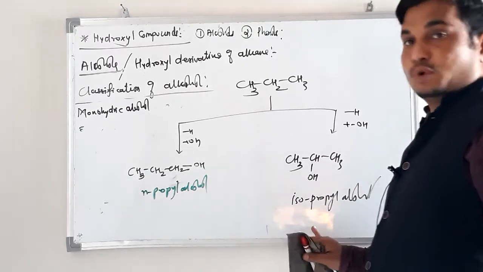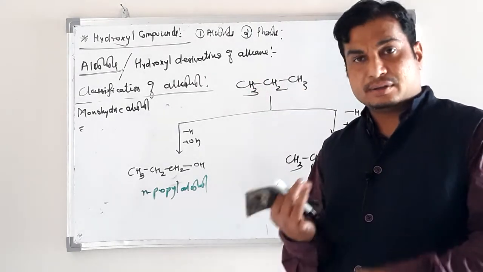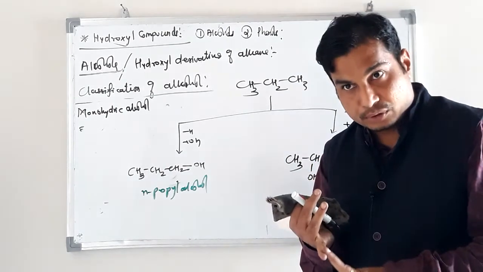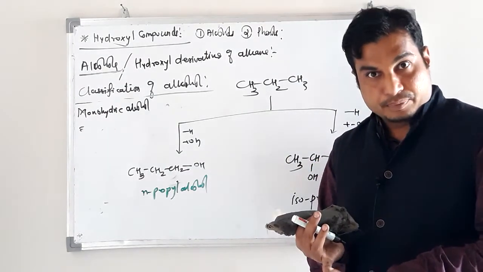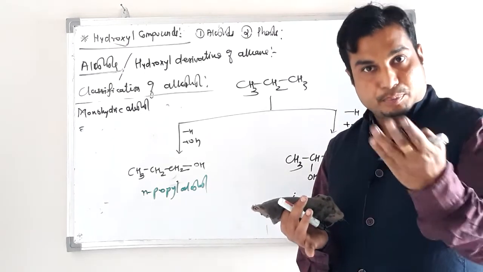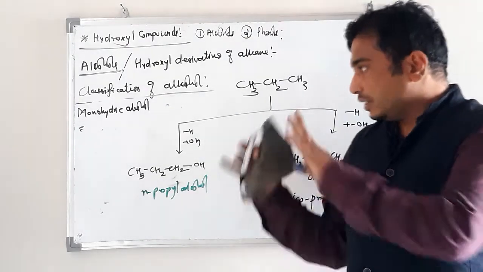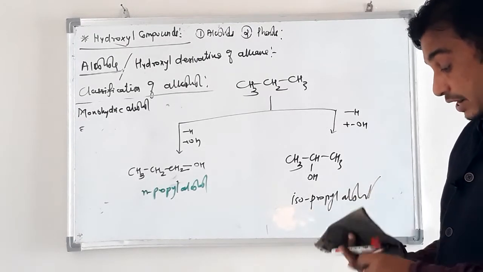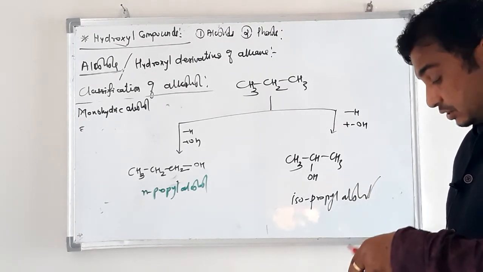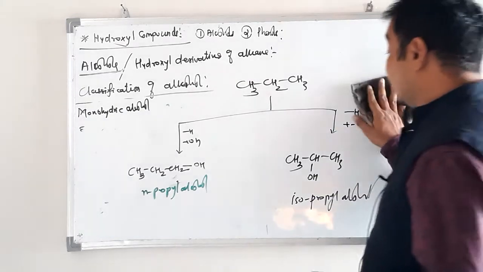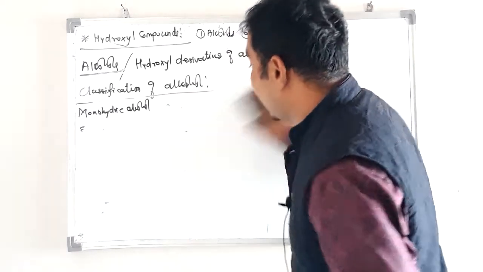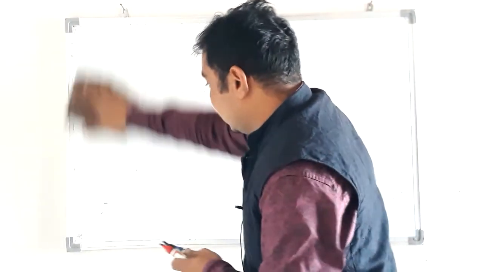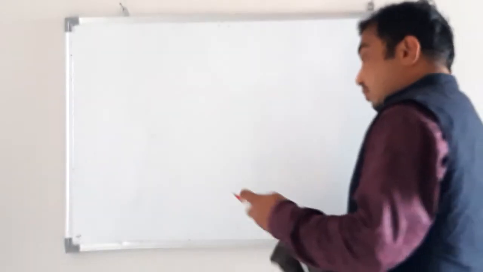N-propyl alcohol, isopropyl alcohol. If we take butane, then butane gives n-butyl alcohol, tertiary butyl alcohol, isobutyl alcohol, 3 isomers obtained from butane. Take pentane. Okay, so that is the common name for monohydric alcohol. And similarly, this alcohol also has an IUPAC name. What do we have to do in IUPAC name? This is monohydric alcohol. Remember, IUPAC name.